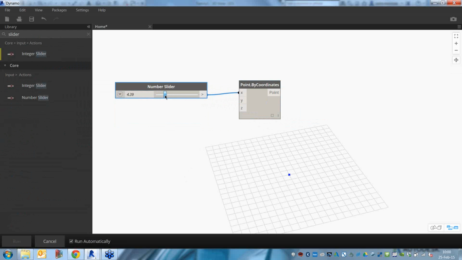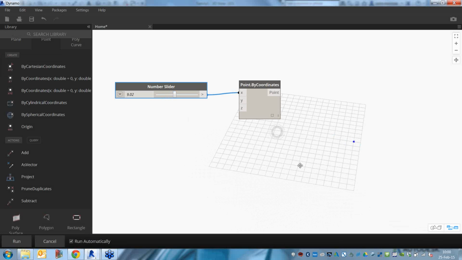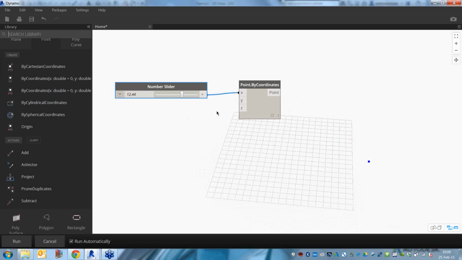Pass it into X, and then I can see as I move this, you can move this particular point. So this is a very basic parameter. This is something that when we talk about computational design or parametric design, that's exactly what this is. It's something that's controllable by you, and the logic is over here, but then these are the parameters that you can control. So right now this is just a point in Dynamo, but we can certainly do something with it